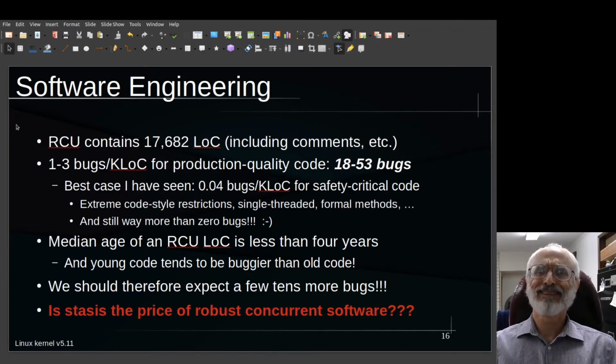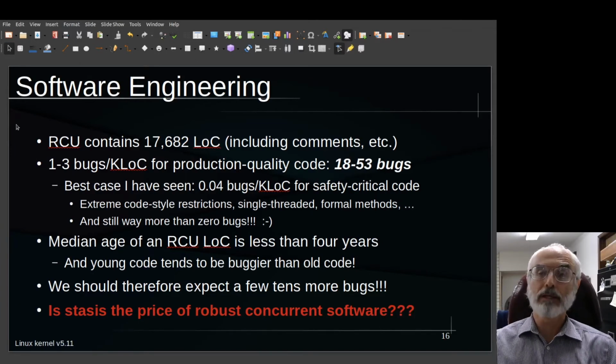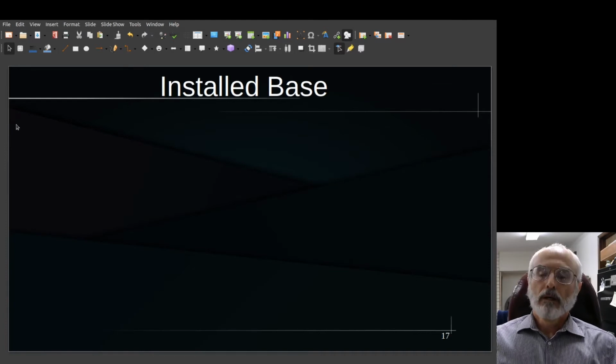Well, that doesn't really fit very well with our current software development, especially my employer. Continuous integration, continuous deployment changes all the time. And so stasis maybe was okay in the 90s, it certainly isn't okay here in the 2020s. And it gets worse. There's something called installed base.